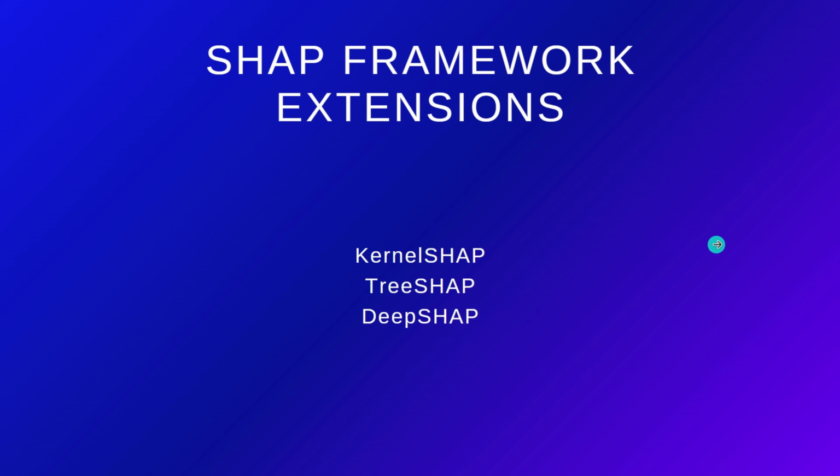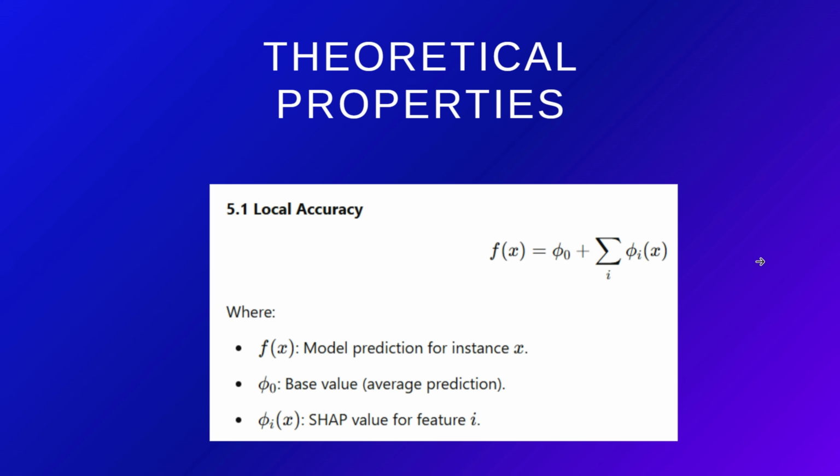And let's move on to local accuracy. It is one of the key theoretical properties of SHAP. This property ensures that SHAP values provide an additive explanation of the model's prediction for a specific instance. And here you can see the formula,